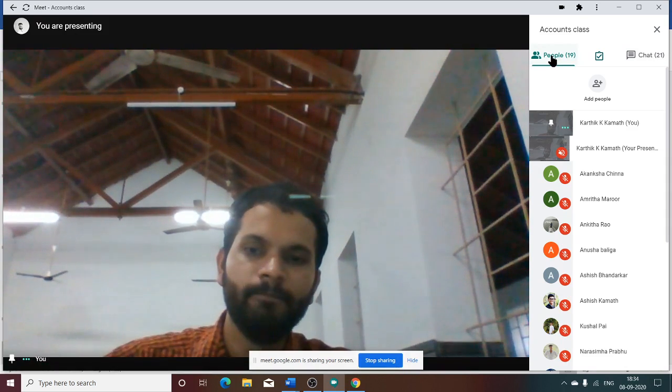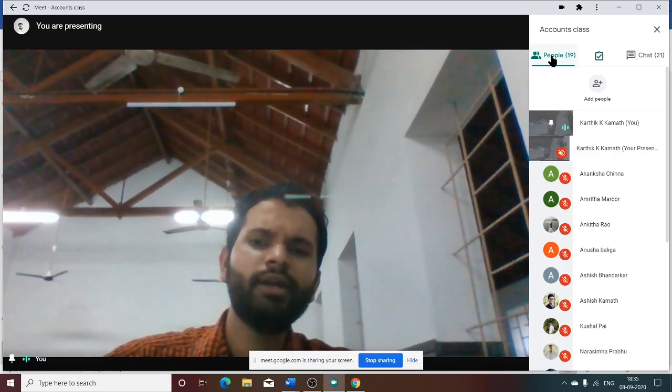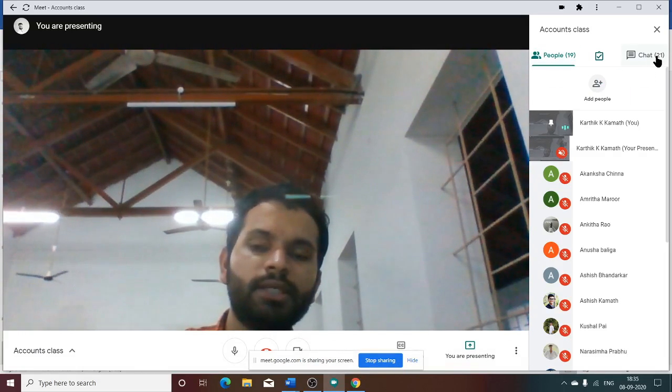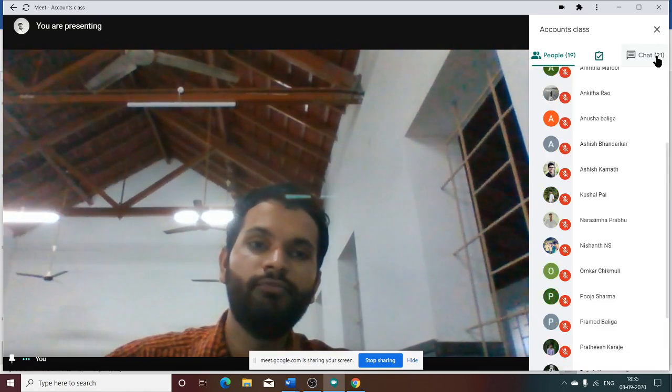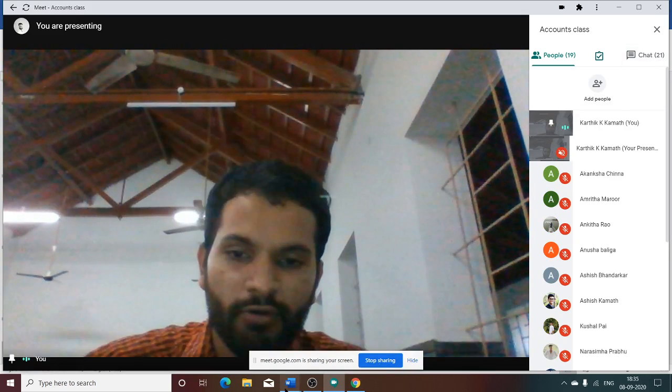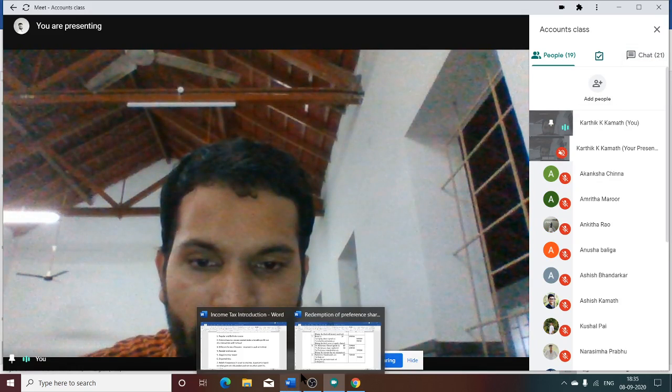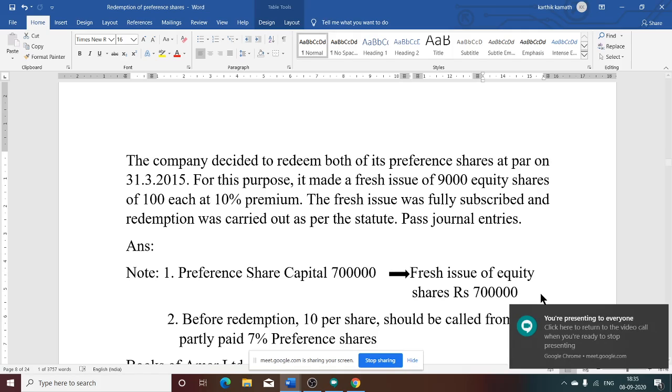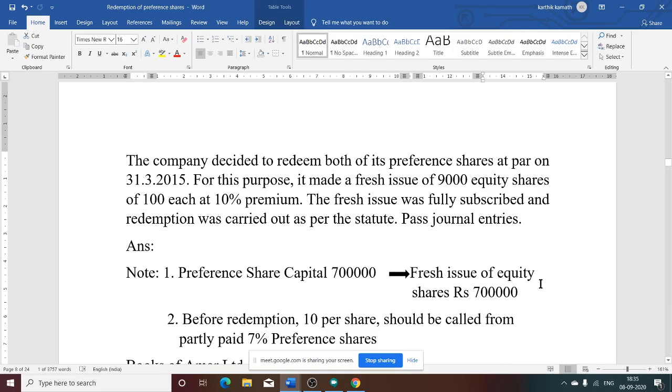Premium is not involved, sir. Premium is not there, sir. Redemption premium is not there. For CRR, we are not bothered about premium. We need to see the capital information. Once you go for capital information, what is the working note? In the fresh issue, we got 9 lakh, sir. Yes, but what is the rule?